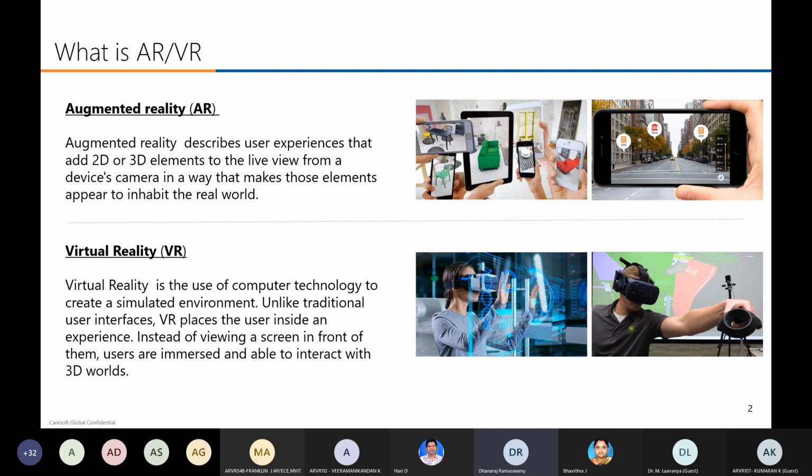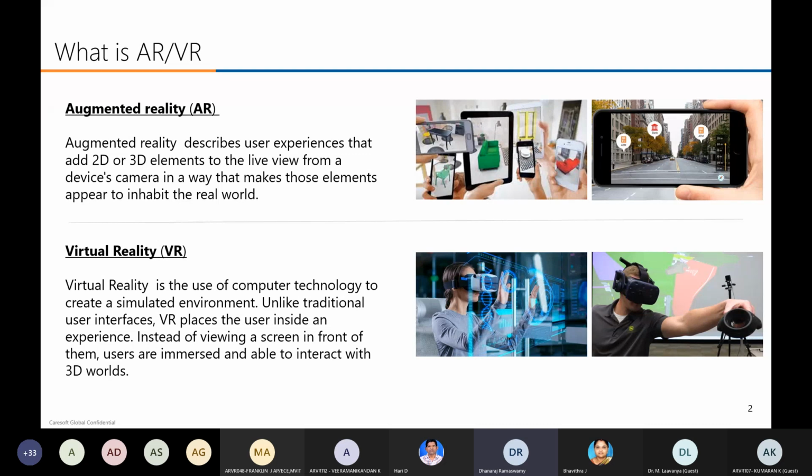Let me tell you one more thing, mixed reality. Mixed reality is a combination of augmented reality and virtual reality. Augmented reality will run only on a mobile; it won't support any other device. Even in augmented reality, you can watch the outside real world, and you can see the data inside the mobile.